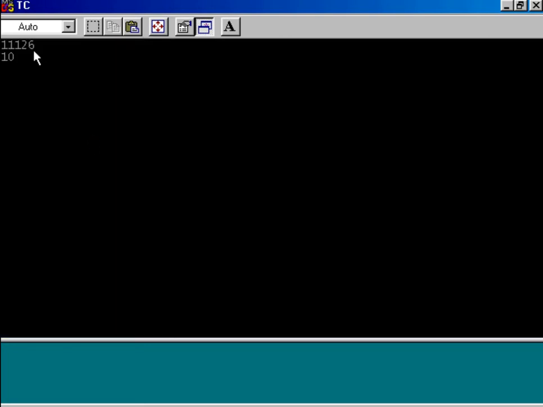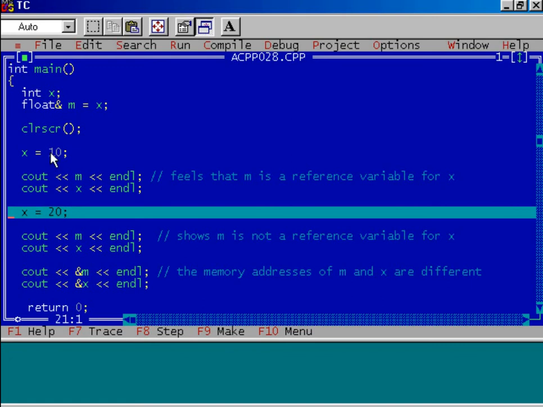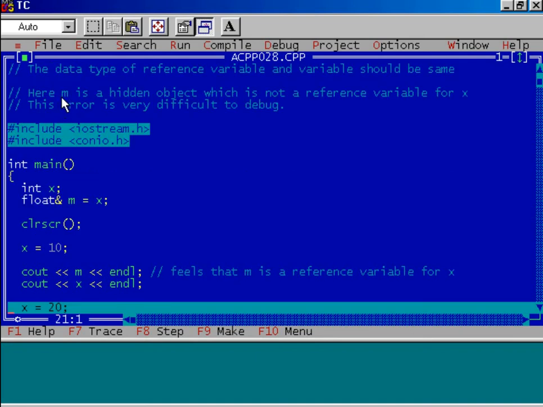Value of m is garbage, whereas value of x is 10. This means m is not a reference variable for variable x. Here m is a hidden object which is not a reference variable for x. And remember that this is a logical error which is very difficult to detect. Is it clear?